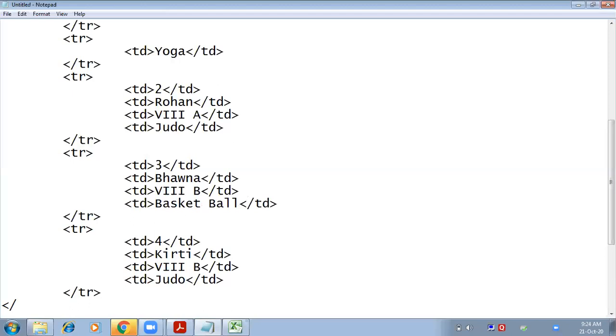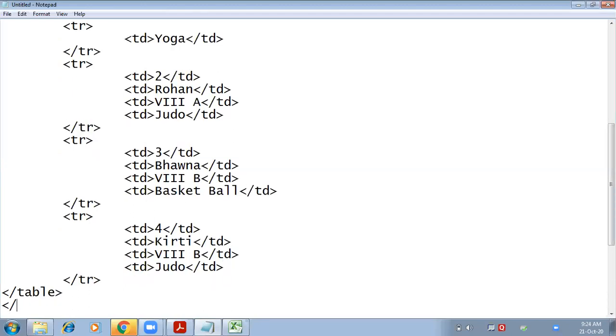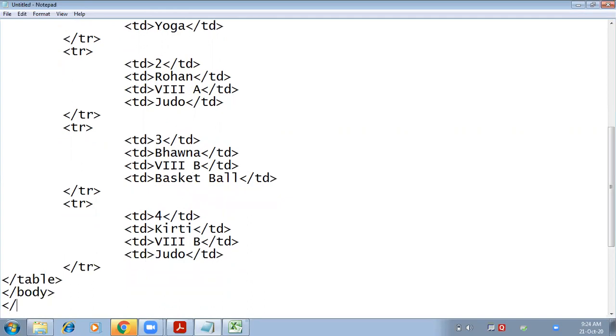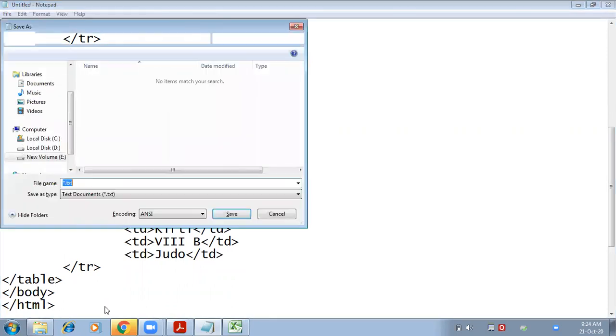So we are going to close the table tag here and the body tag, then the HTML tag, and save it as merged table dot HTML.